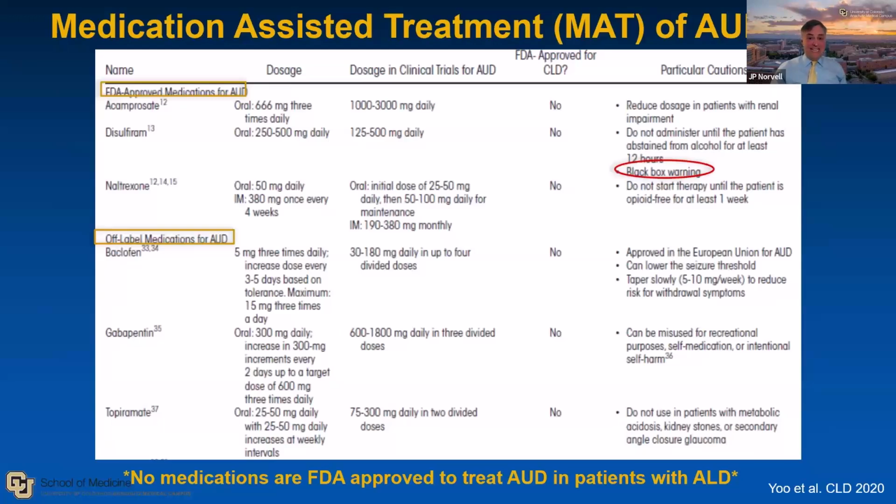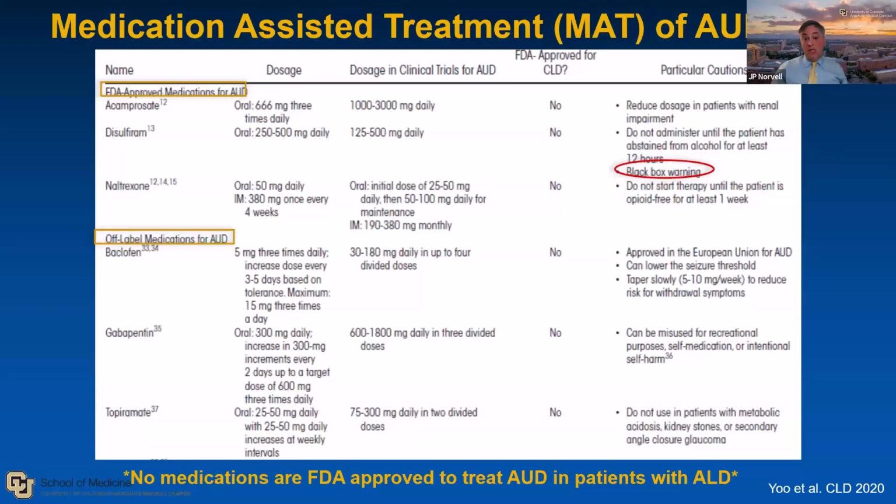So I would point out, again, we already talked about the huge burden of disease and mortality in this country due to alcoholic liver disease, yet we only have 3 FDA-approved medications for alcohol use disorder, and none of these medications are approved by the FDA specifically in patients that have underlying alcoholic liver disease. Specifically, disulfiram has a black box warning as it is extensively metabolized in the liver. And there's historically only been a handful of studies that have actually looked at baclofen, which is, again, not FDA approved, but baclofen's been to date the only one that had historically been studied